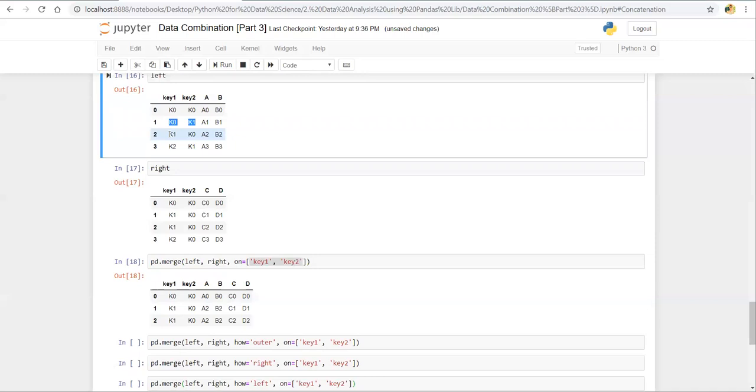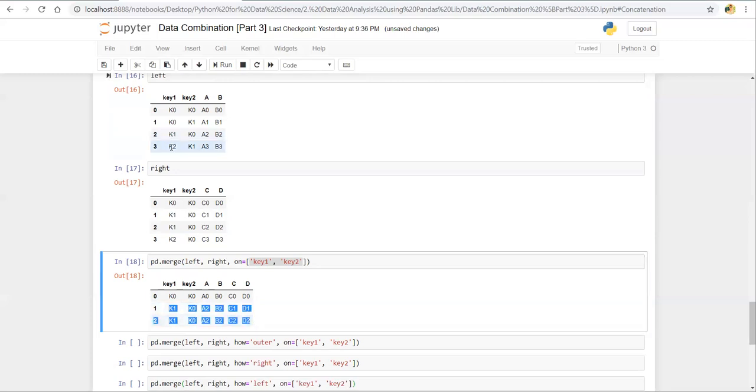Here k1 k0 is present in the left data frame, and k1 k0 is also present in the right data frame two times, so it returned these values here. And k2 k1 is present only in the left data frame, but k2 k0 is present only in the right data frame, so it is not returned here. So this is inner join.